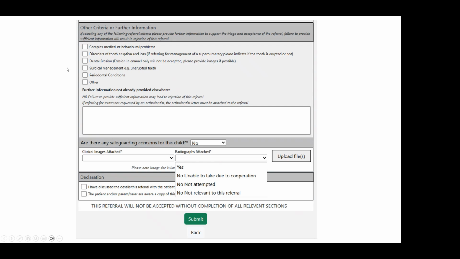And then, of course, we've got the other referral criteria, just as you would before, and then you can provide information relevant to that in the referral box. If there are any safeguarding concerns, this is a drop-down box, and if you press yes, then you'll be able to fill in further information there. If you select no, then it won't expand any further. And for clinical images being attached, you can just select yes or no. That's important for us to know if you press yes, so we can make sure they are actually attached